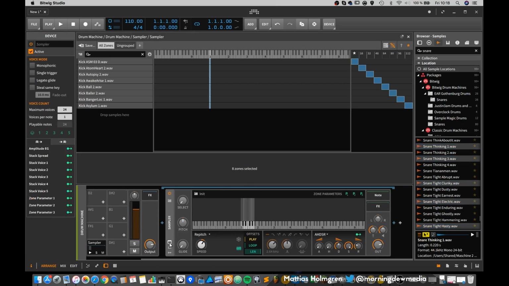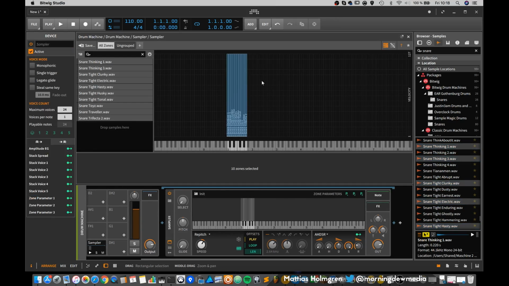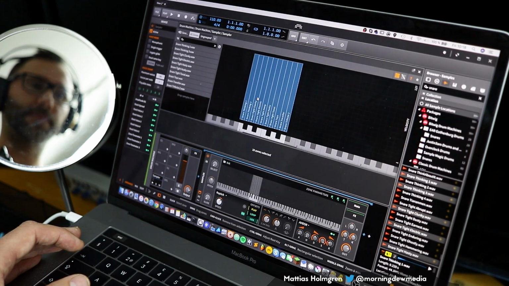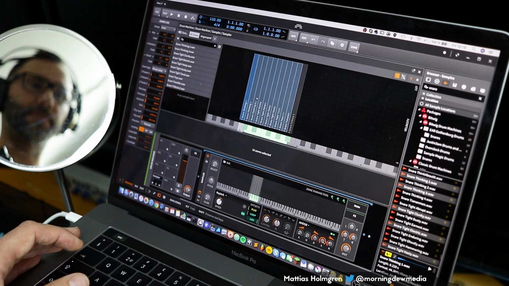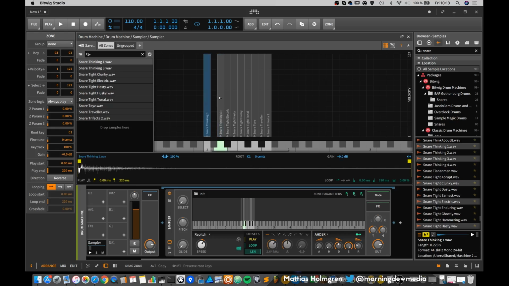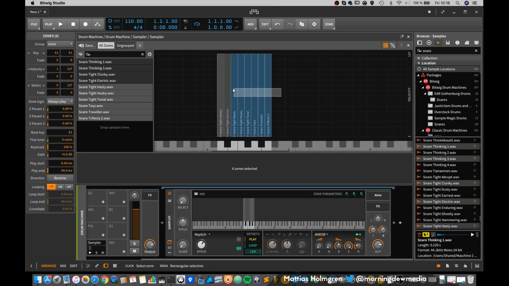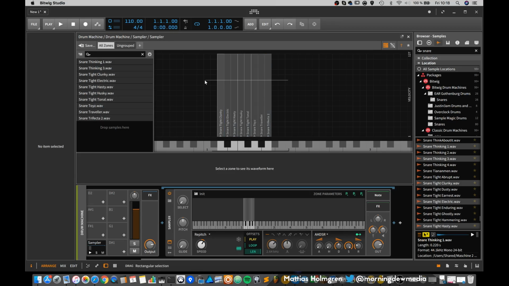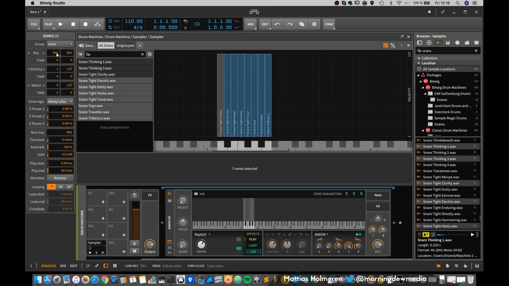Do the same thing, open up the multi-sample view. And make sure that all these are on the key D1, sorry. Select these and D1.